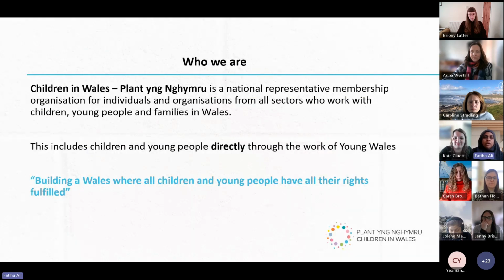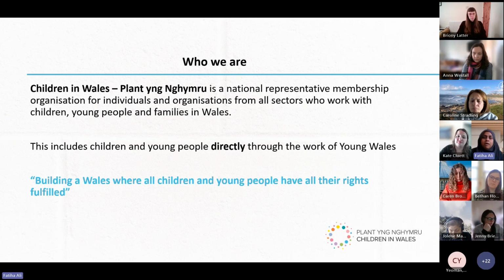Just to tell you a bit more about the organisation we work for, it's called Children in Wales. Some of you will be familiar with Children in Wales. We are quite a large organisation and we work directly with children and young people through the work of Young Wales. We are a membership organisation, so we work with individuals and organisations across Wales who all work with children, young people and families.